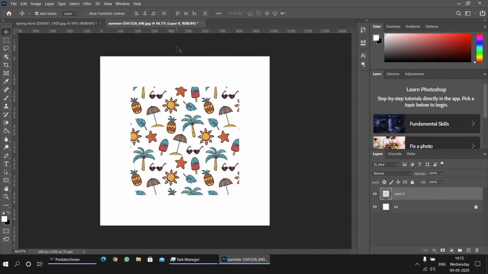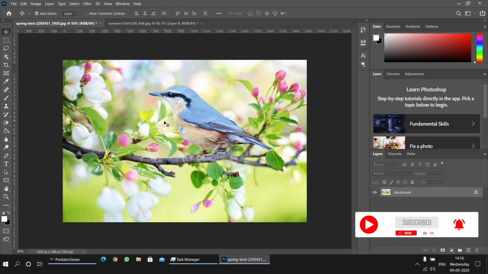Now let's talk about color modes available in Photoshop. The color mode of an image depends on what we are making it for. For example, if we are making it for the web or digital representation, we use RGB mode. Similarly, if we are making it for the print, it is a better practice to use CMYK mode. If we compare RGB and CMYK, let me just change the image so you can better see the difference.